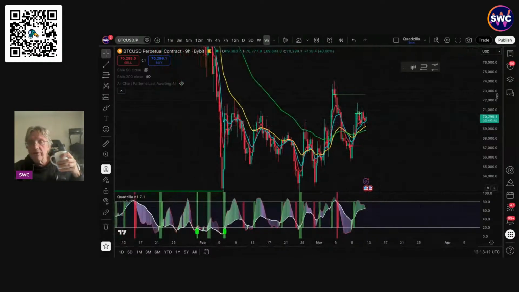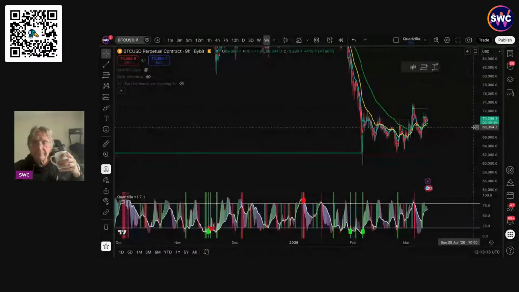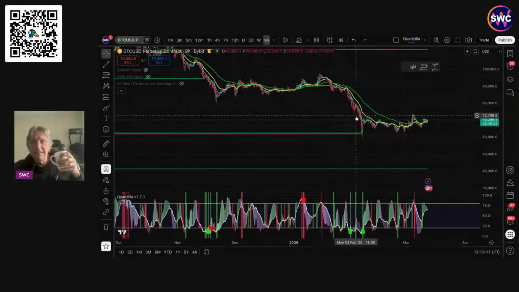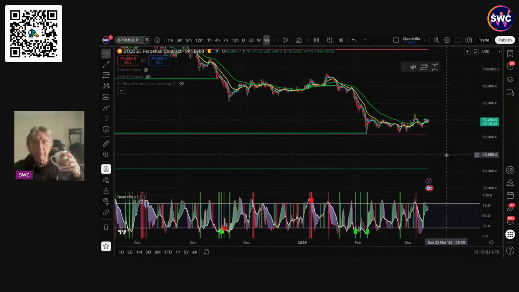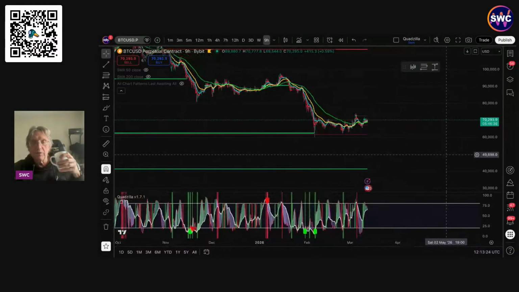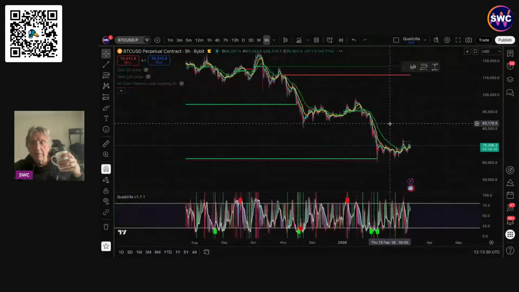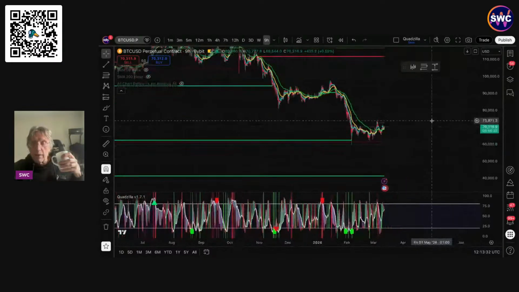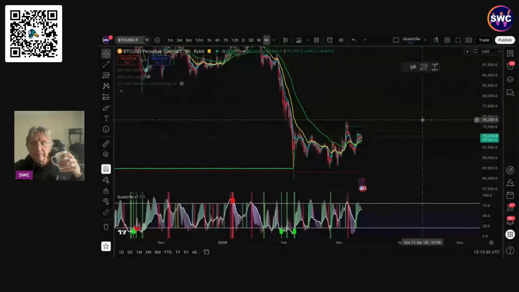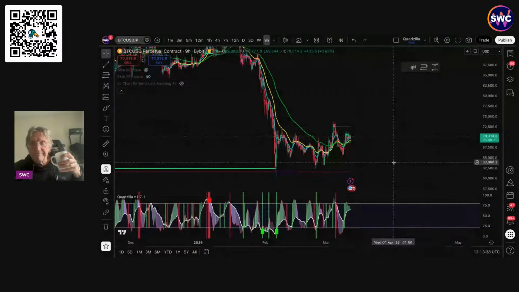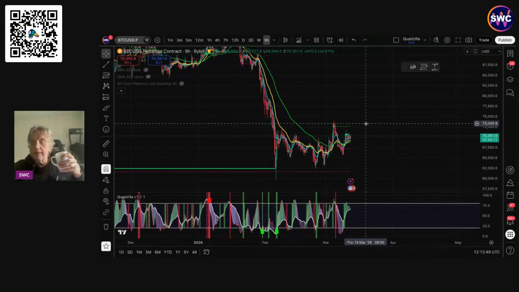Now I'm not expecting it to go up forever, but just look how beautifully it did that retracement there. There is stuff like this down here at 41k, and then there's also this level up here at like 111. So we don't really know what's going to happen, do we? I think it's going to go up for a bit, actually, but I don't know. What do we think? Let's have a look.